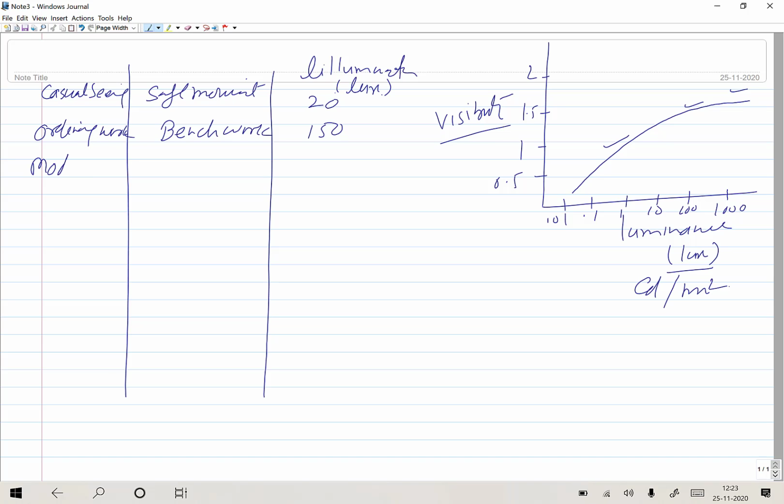Moderate critical work, say reading, writing, or fine bench work, right? Fine bench work needs around 300 lux. For the critical jobs like stitching